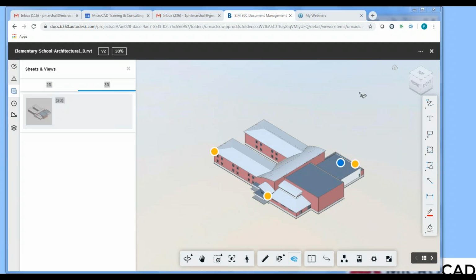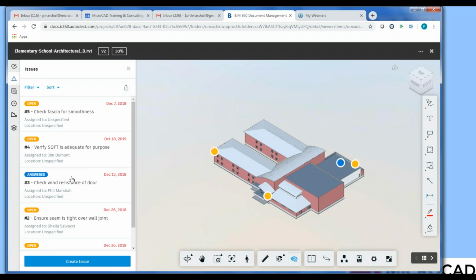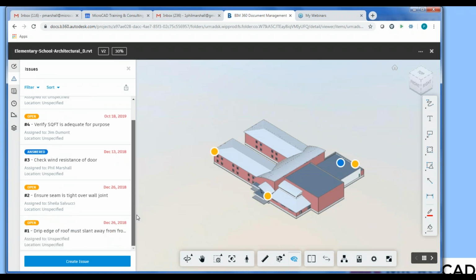So here we have another model with a few more issues, and you can see that the yellows indicate open issues and the blue indicate addressed issues. Here I have a list of all of the issues for this particular model,